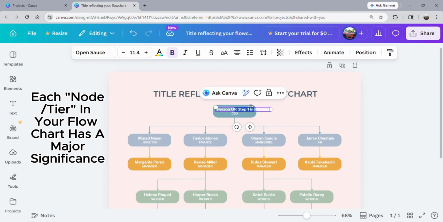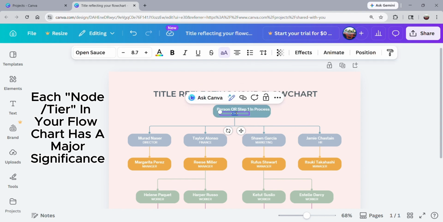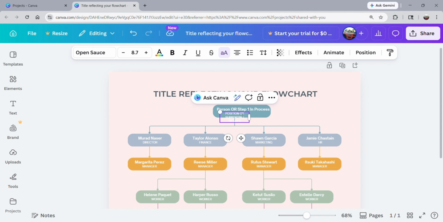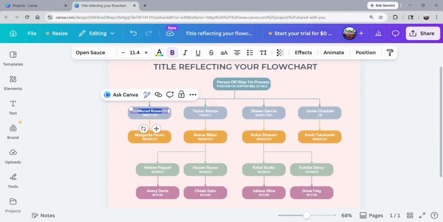What you want to do next is make sure everything fits properly according to color and size. Make sure all that you're showcasing in your flowchart is readable with ease. As you undertake this process, it's a good idea to think about the next steps or important people within your flowchart. Once you've determined the important people or next steps within your flowchart, it is time to write them down